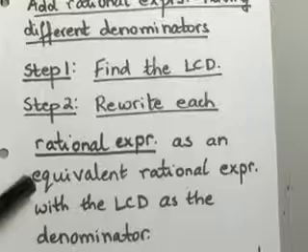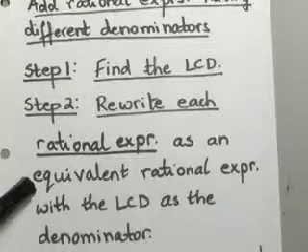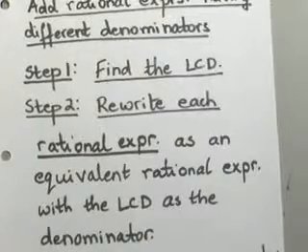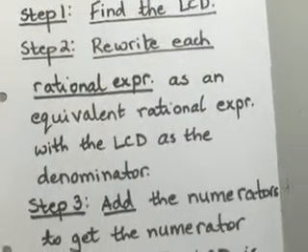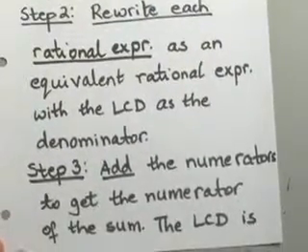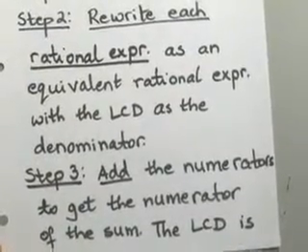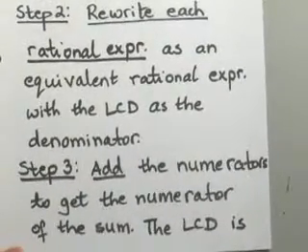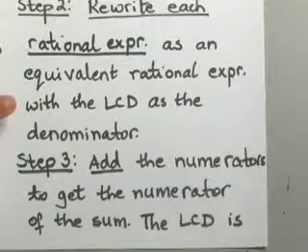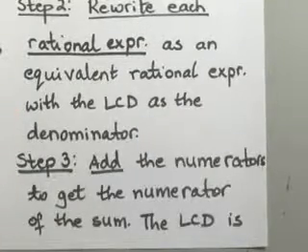If you remember, this is what we had done at the end of section 6.3. So that's the same thing you're doing here in step 2. Write the rational expressions as equivalent expressions with your LCD as the new denominator. For step 3, once you have the same denominator on your rational expressions, you can go ahead and add the